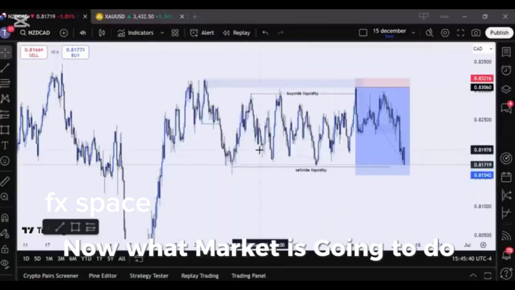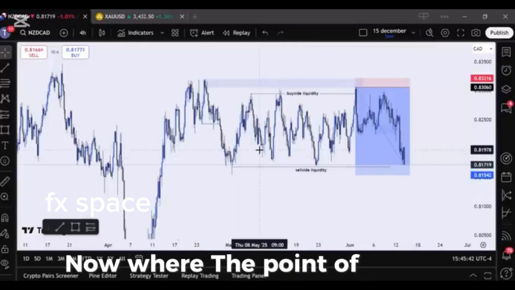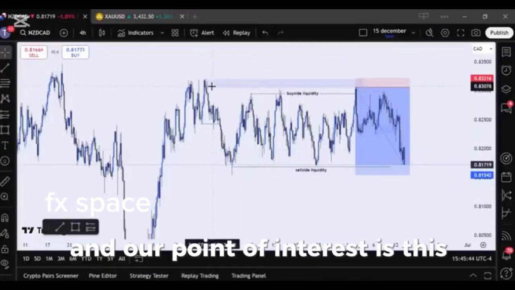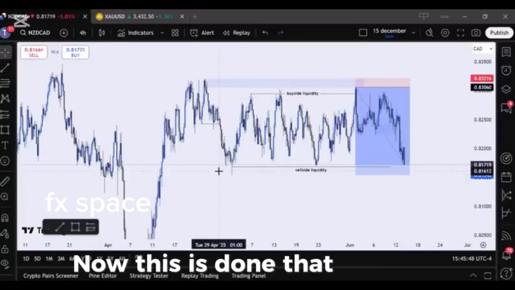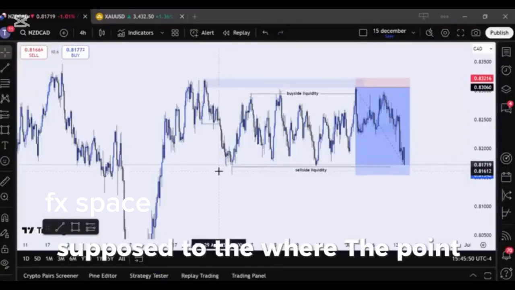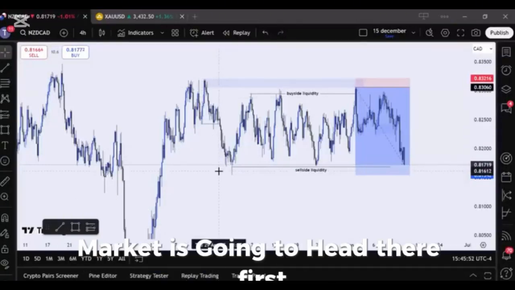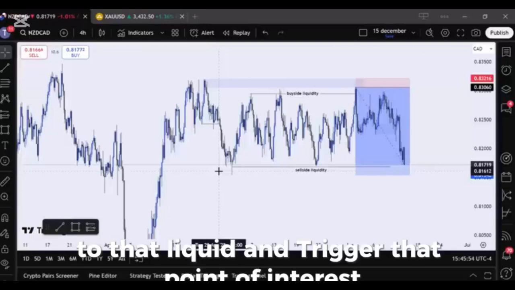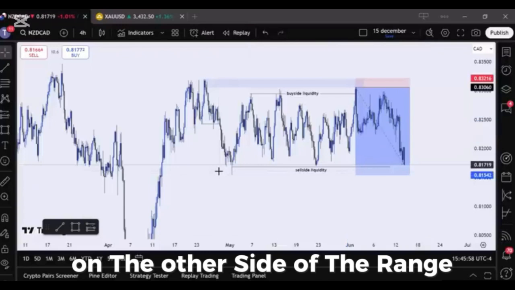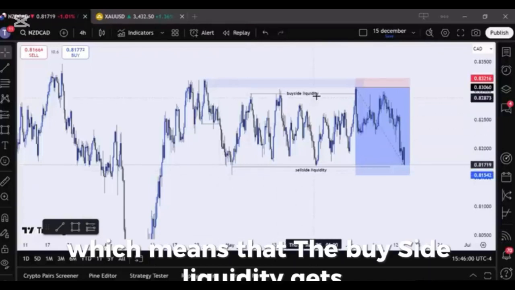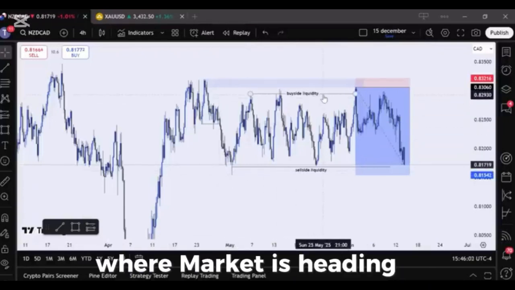Now, what market is going to do is this zone, where the point of interest is, because we're bearish and our point of interest is this order block on the 4-hour time frame. This is where we have our zone. Now, this zone where the point of interest is, market is going to head there first, sweep that liquidity and trigger that point of interest. Now, where market is heading to next is to clear the liquidity on the other side of the range, which means that the buy side liquidity got taken out first,